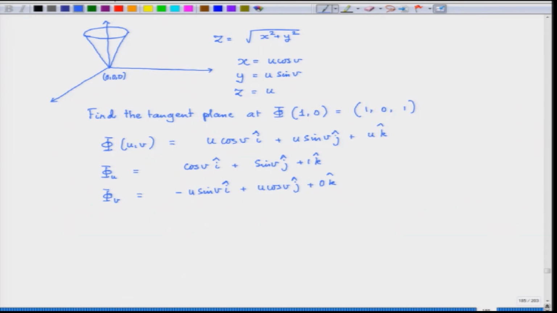So, now you take n. See, at 0 0 0 I can have more than one tangent plane, you can visualize that very simply. I can have more than one plane passing through 0 0 0 without touching the body of the cone. So, this visualization is important. So, n hat is phi u cross phi v. If I do the cross product, this turns out to be minus u cos v i vector minus u sin v j vector plus u k vector,